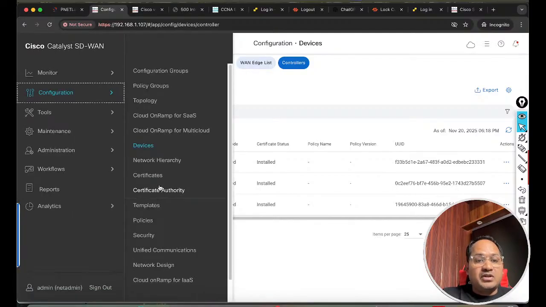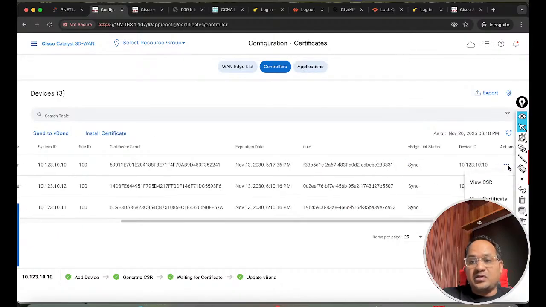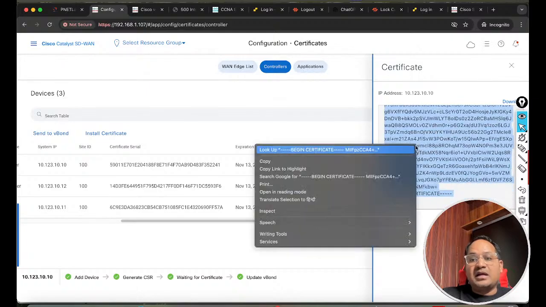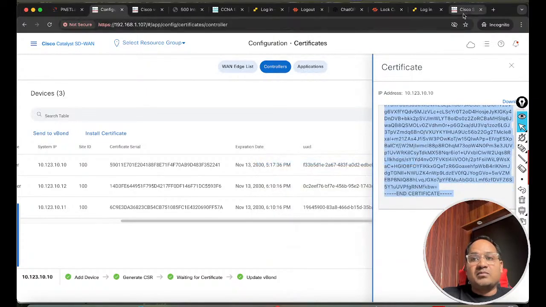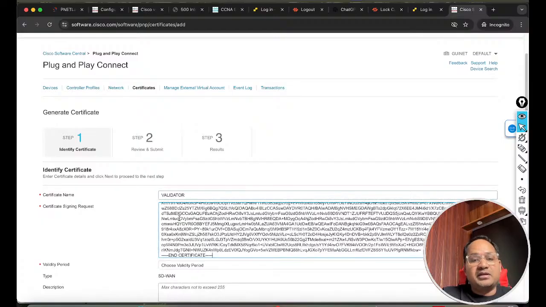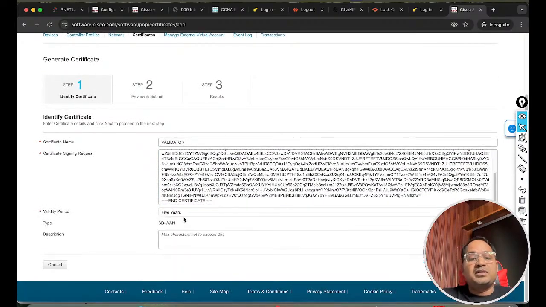And if I go to certificates, there are certificates. So you go for the controller. See, these are the generated CSRs, and for this CSR you can find the certificate, view certificates. Based on this CSR request, I get my final certificate from this portal. How can you generate the certificate? Just put the name, like it is for the validator, and put the validity, after how many months or maybe 3 years or 5 years, and you can put any description like GuiNet lab